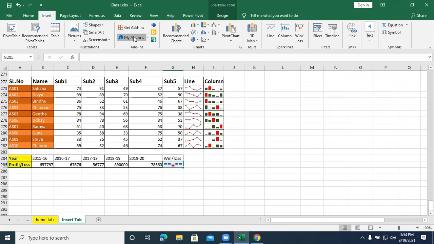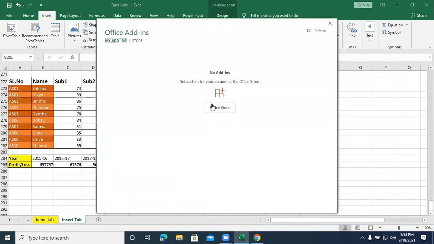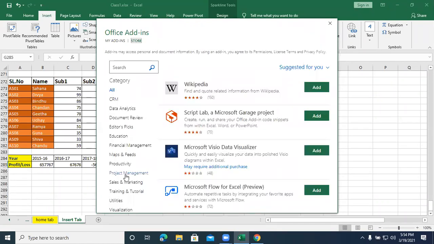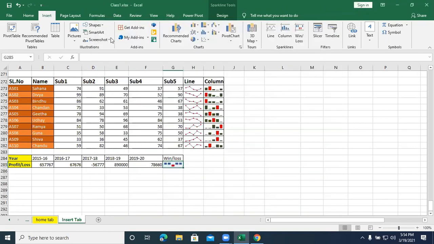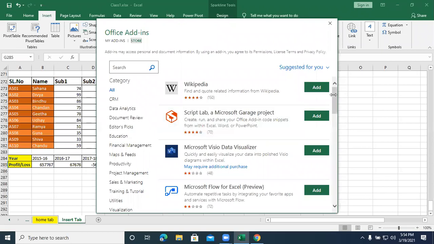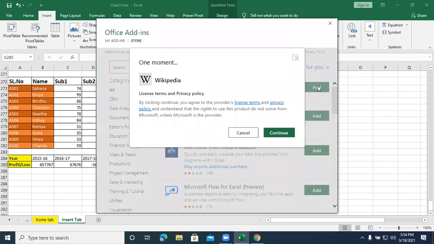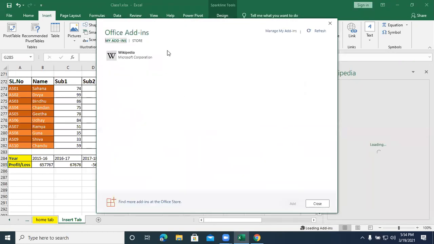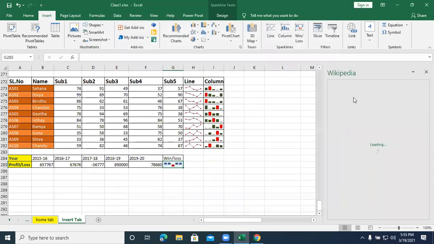My Add-ins shows the add-ins you have already added to your Excel. You can also see the Store. You can quickly download add-ins like the Wikipedia add-in, the scanner; we have different types of add-ins. Get Add-ins also displays the store. Whichever you want, you can just click Add. So in My Add-ins it's available. If you want to search any word, you can search with Wikipedia.